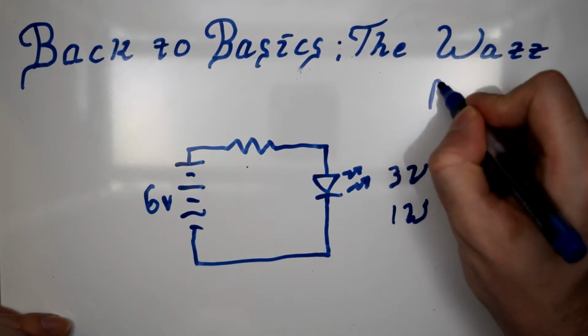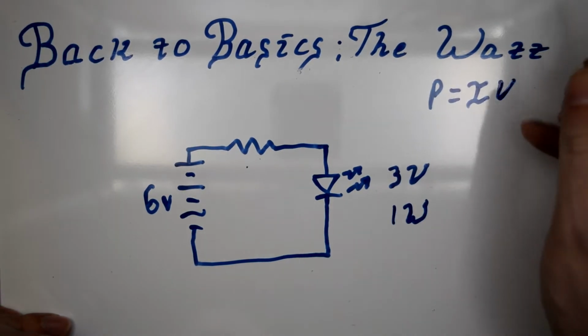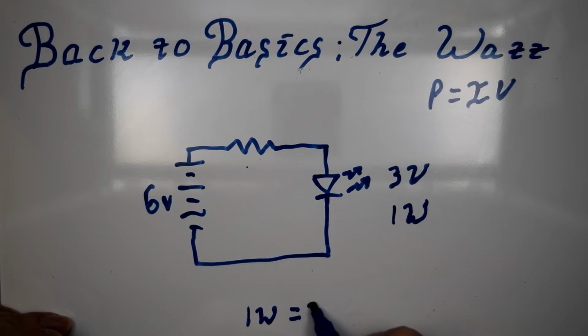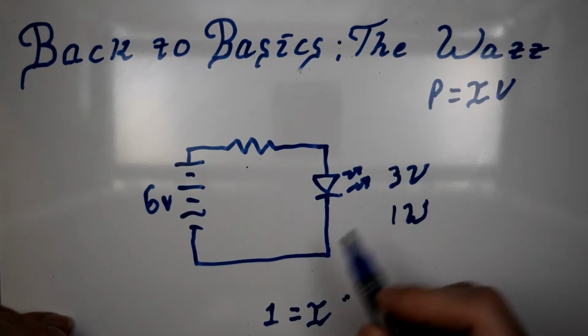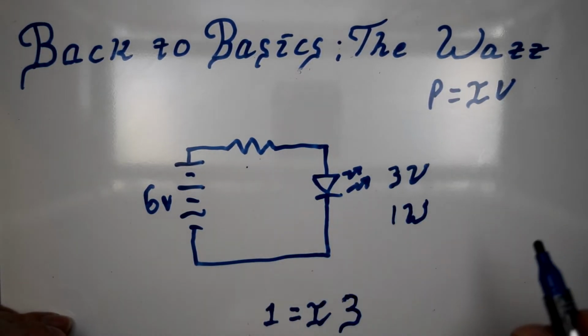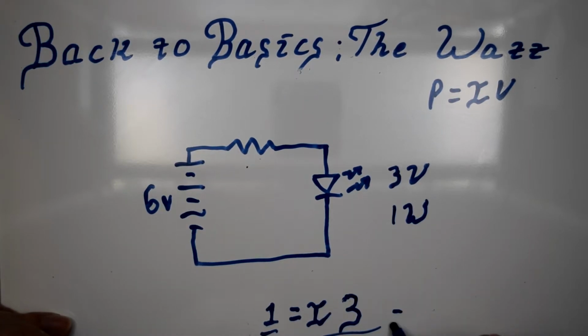We know that power is equal to current times voltage. So we can substitute in our 1 watt is equal to current, which is what we need to solve. I'll erase that W because we don't actually need that variable, because we know it's 1. And multiply it by the voltage, which in this case is going to be 3 volts across that resistor. So we divide both sides by 3, and we get our current is going to be equal to